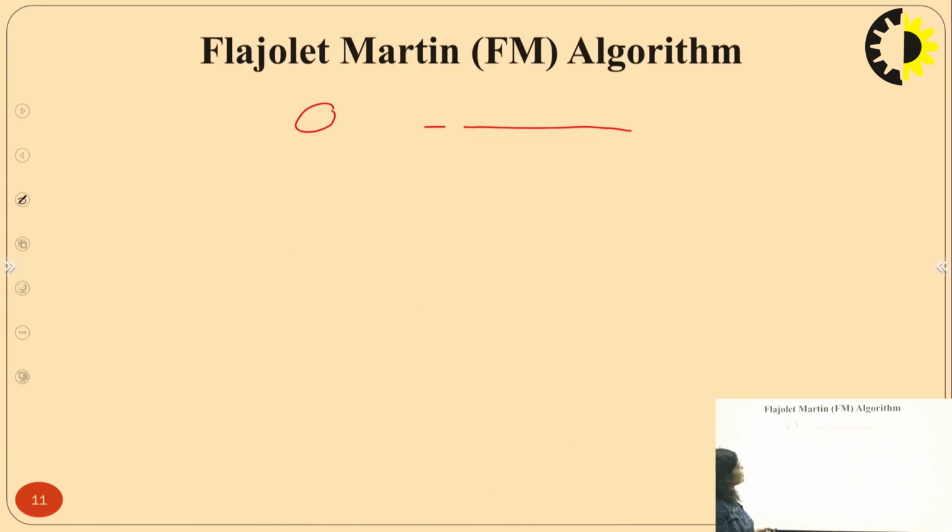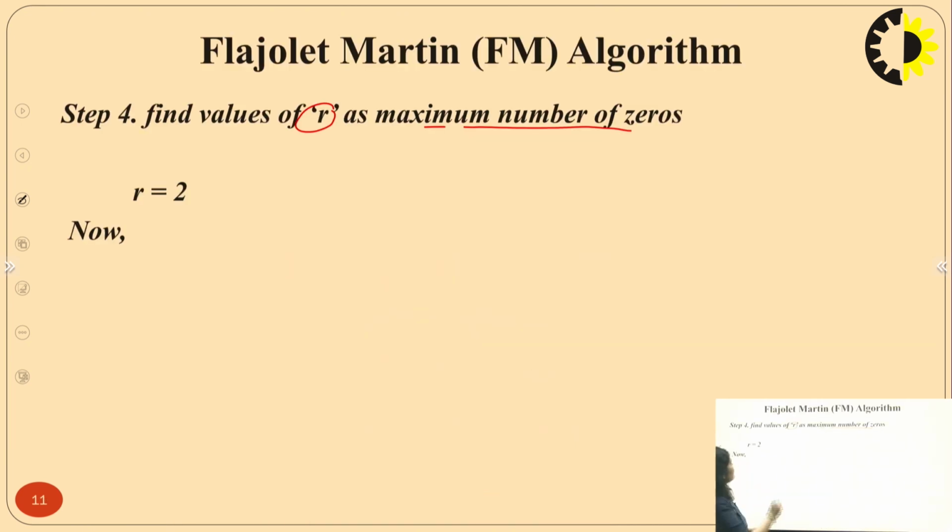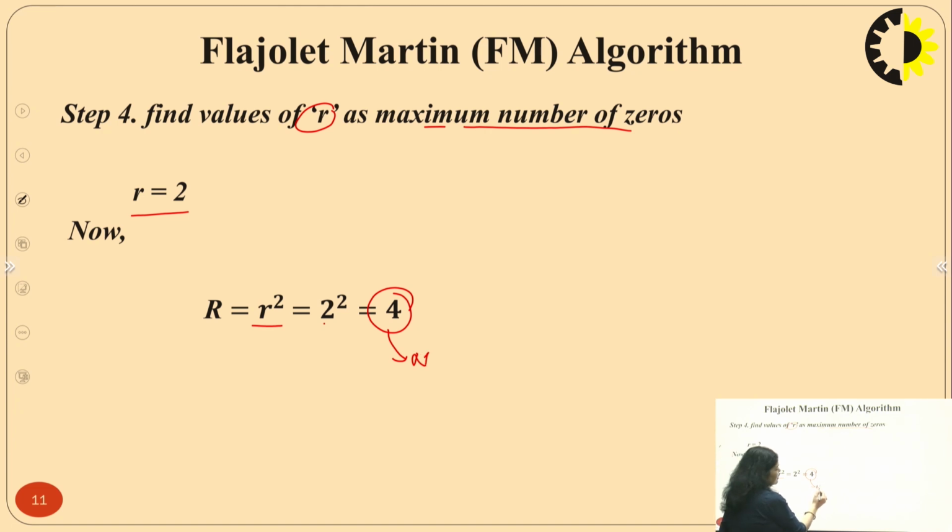So this becomes the small r. We have kept it as r is equal to 2. Now we need to apply the formula, and this formula is nothing but that whatever r value you are getting, you just have to raise it to the power of 2. So we need to find out 2 raised to the power 2, and that way the algorithm gives us the number of unique elements